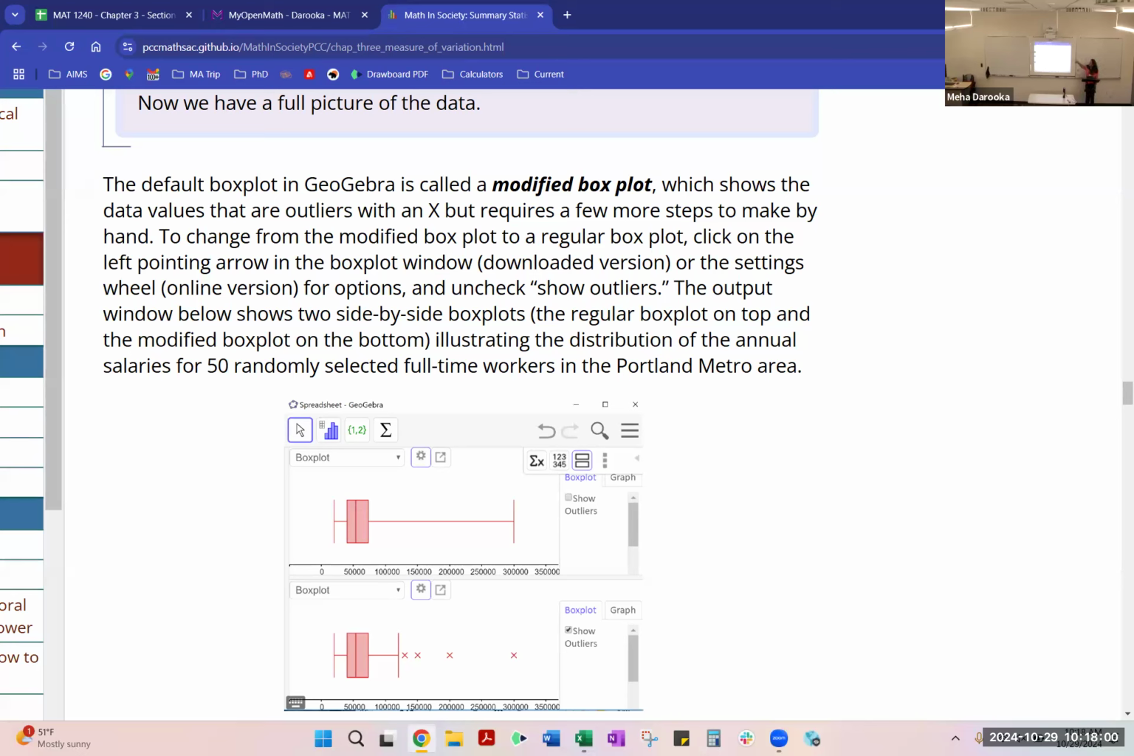All right, guys. Now you will see they're also talking about a modified box plot, and they're basically saying this one shows the data values that are outliers with an X. So if you look at the bottom image,